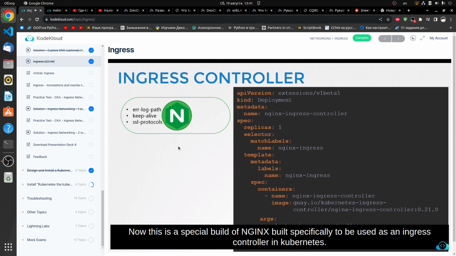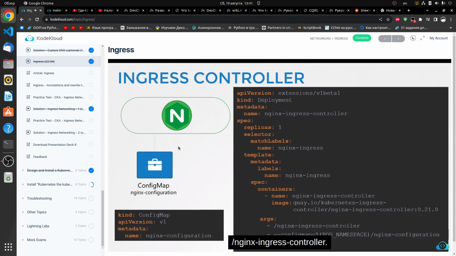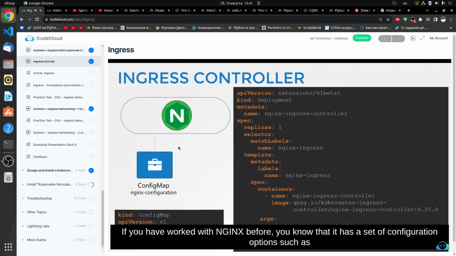In order to decouple this configuration data from the Nginx controller image, you must create a config map object and pass that in. Now remember, the config map object need not have any entries at this point. A blank object will do. But creating one makes it easy for you to modify a configuration setting in the future. You will just have to add it into this config map and not have to worry about modifying the Nginx